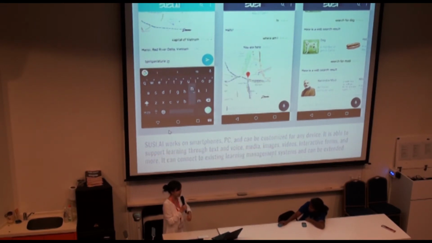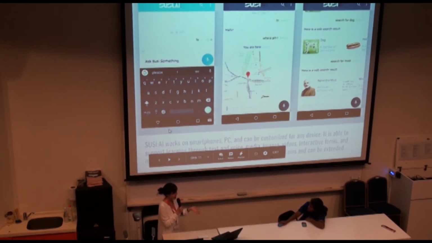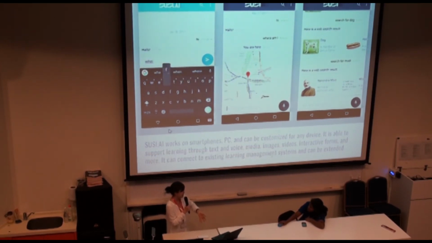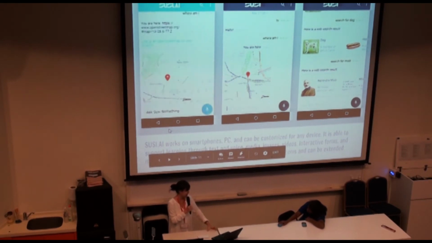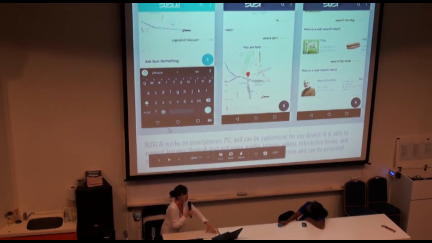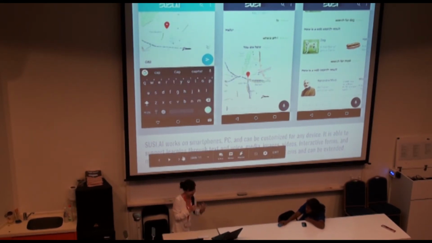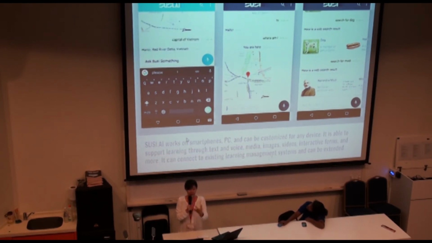A visitor comes to the Science Center and wonders, my interest is making robots, so which location should I visit? By feeding in the data that you have internally in the Science Center, SUSE will be able to guide your visitor to different locations that fit his desired knowledge base.